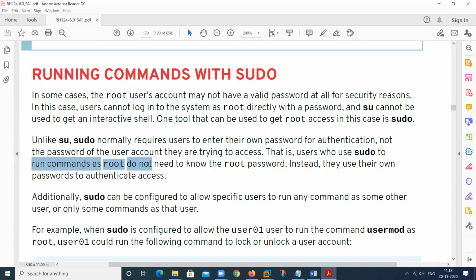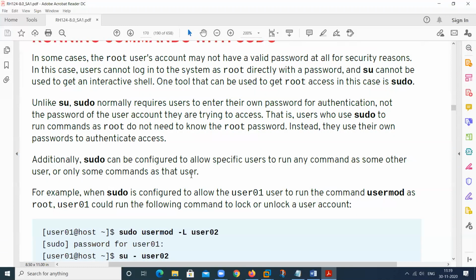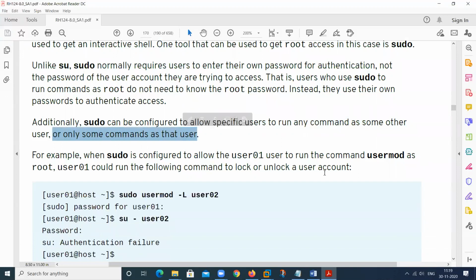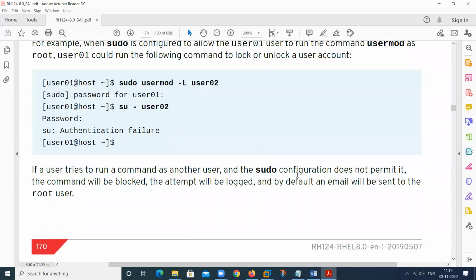To run as root, you would need to know the root password, but this is not that. It allows a specific user to run any command, and some users, I will show you, not this one.